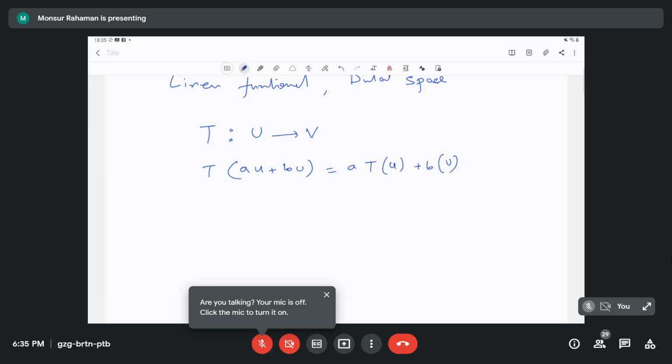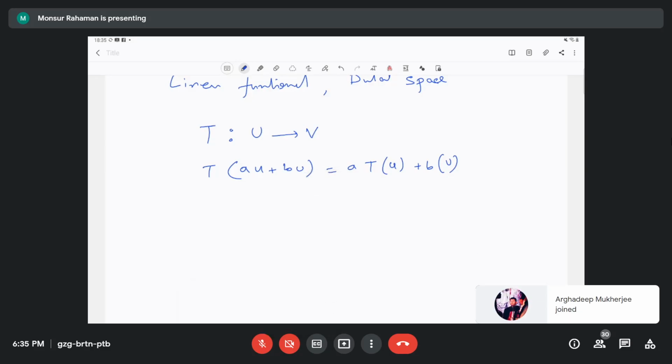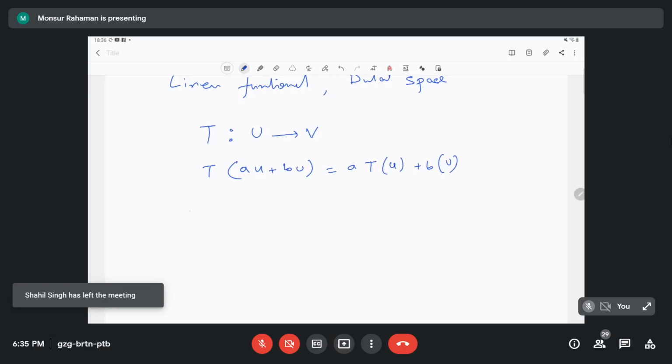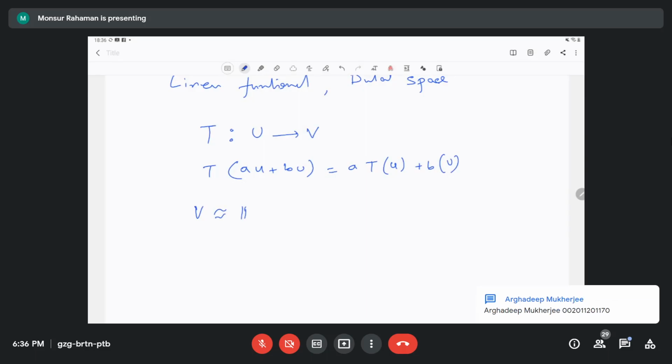So कोई एक linear transformation will be a matrix. There is no difference. Last class में ही बोले थे कि linear transformation is same as a matrix. ठीक, up to equivalence. So, and also I have told you that any vector space is kind of same as